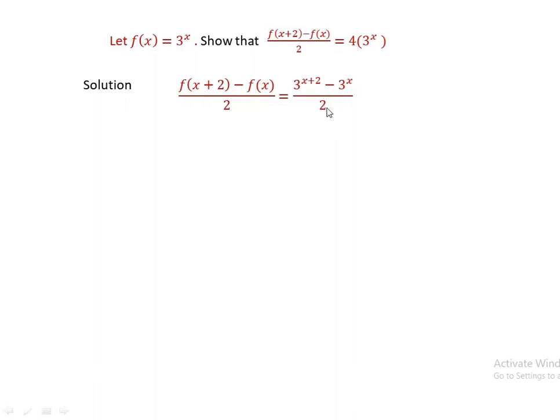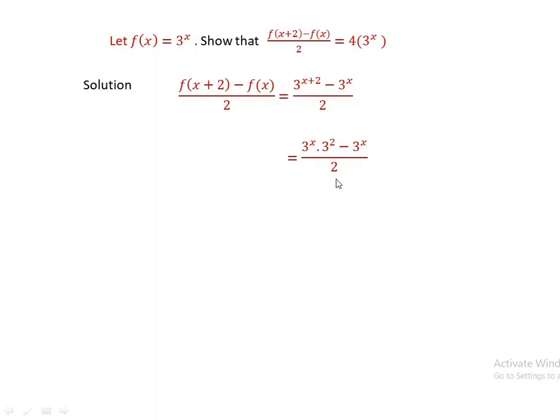But using the property or the law of exponential functions, this 3 to the power of x plus 2 can be split into 3 to the power of x times 3 to the power of 2. As a result, 3 to the power of x plus 2 minus 3 to the power of x, over 2, is equal to 3 to the power of x times 3 to the power of 2 minus 3 to the power of x,